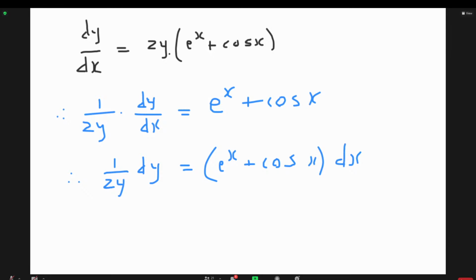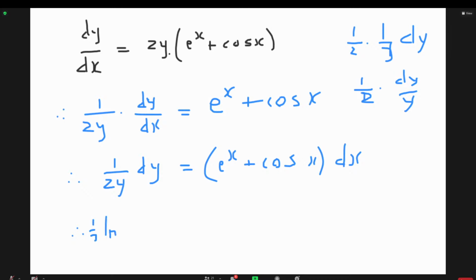Okay. And of course, this on the side here is the same thing as saying 1 over 2 by 1 over y dy. You can write it anyhow you want. 1 over 2 by dy on y. It doesn't matter. Okay? So therefore, the left-hand side becomes